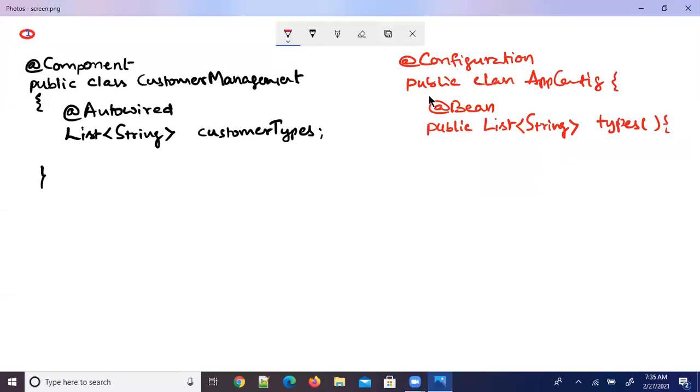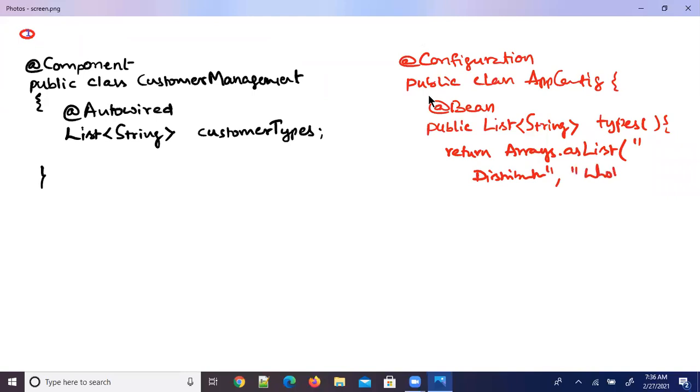And here I'm going to write some code, for example, return, I can use the Arrays class to construct a list. I'm writing Arrays.asList and I would like to write some list of strings here, customer types. For example, distributor is one customer type, so distributor, maybe wholesaler, retailer, something.